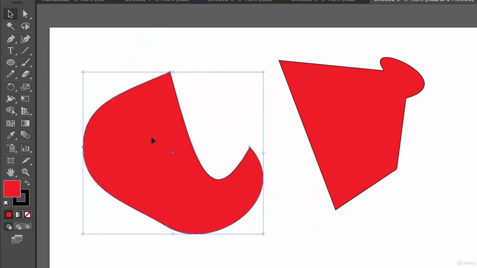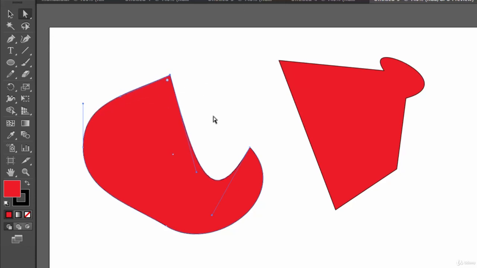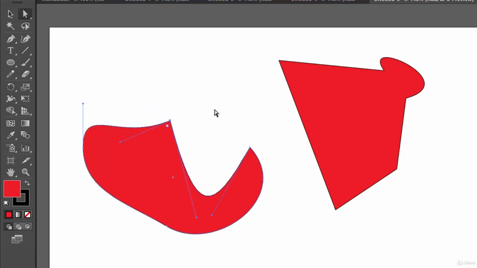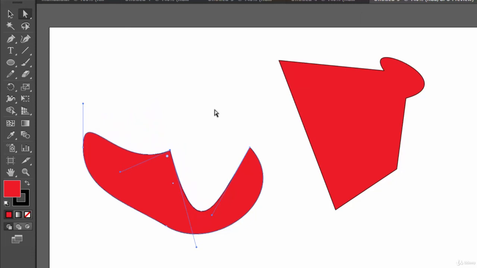You are selecting the whole object. But using the direct selection tool, you can work with individual anchor points. Just like this, see? So what I have done is I have selected this anchor point by marquee over it and just moved it down using the down arrow key.